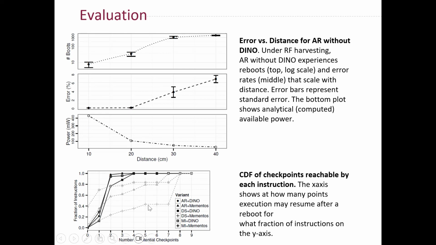And this was what we discussed in one of the previous slides, wherein in your control flow graph, your outward arrows, like where your program will go from before a particular reboot, is now defined by DINO tasks rather than, let's say, any arbitrary point in the program. And that's why your program does not have any atomicity violations now. This graph proves that, because again, with DINO, the maximum number of points it might resume is never more than 4.